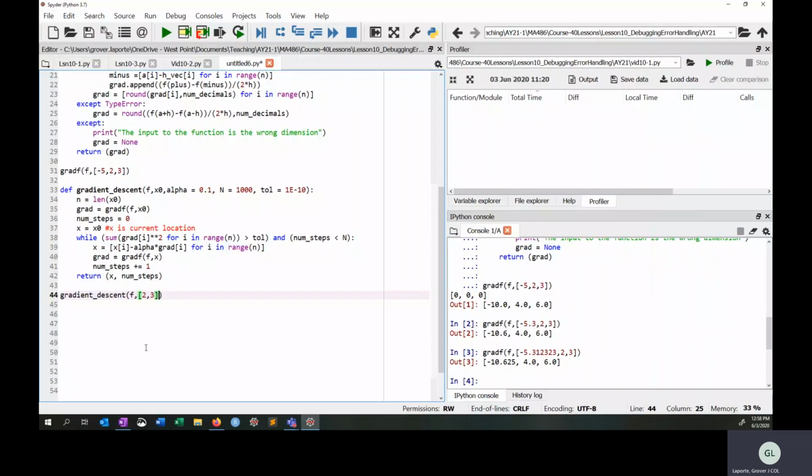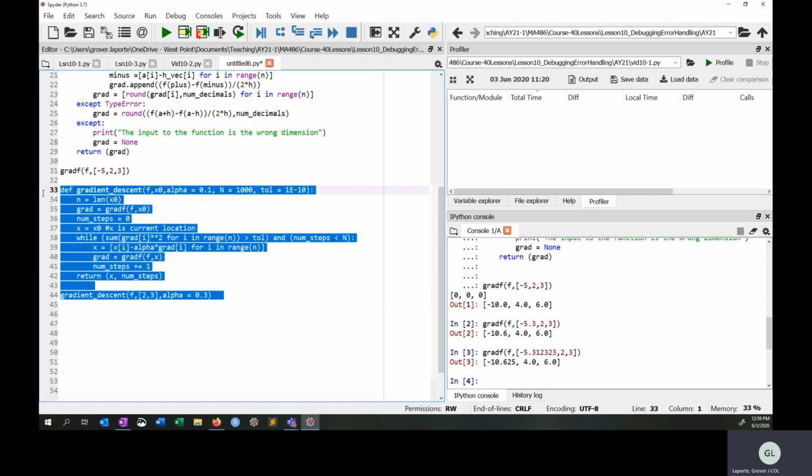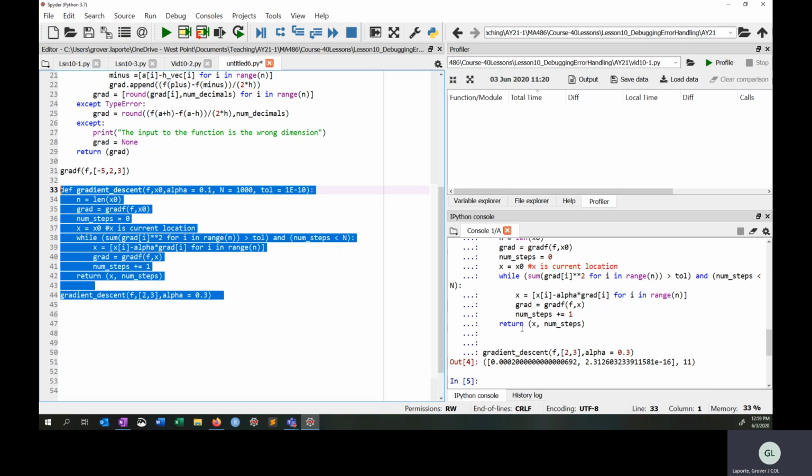We didn't give it a spot, but we'll just let it be 2, 3. We know it goes to 0, 0. We'll let alpha at first be, I don't know, 0.3 maybe. We'll see what happens there. And tolerance, we'll just let it be that one. Okay, so let's highlight all this, F9, and it's going to